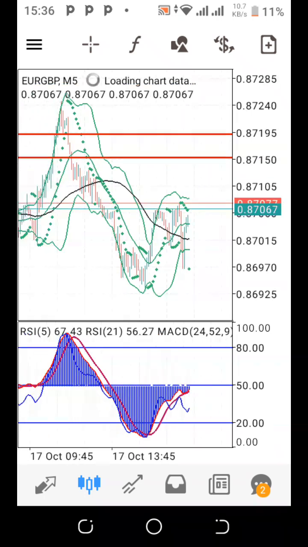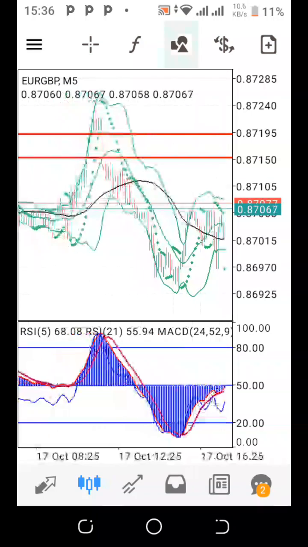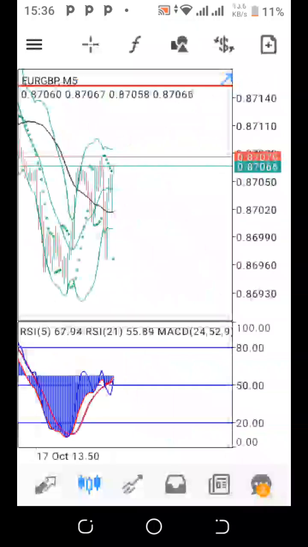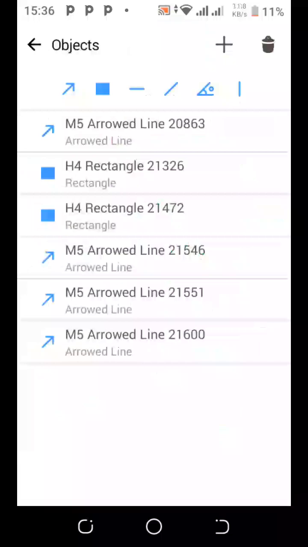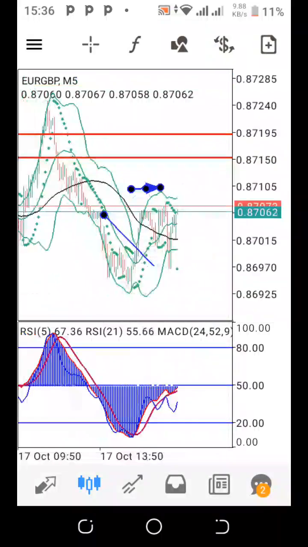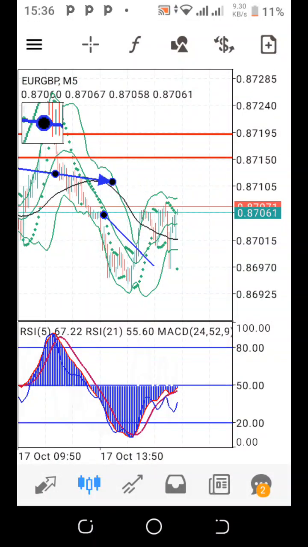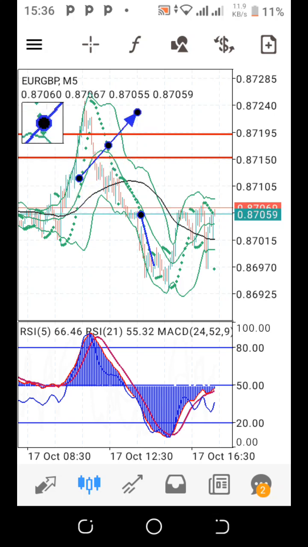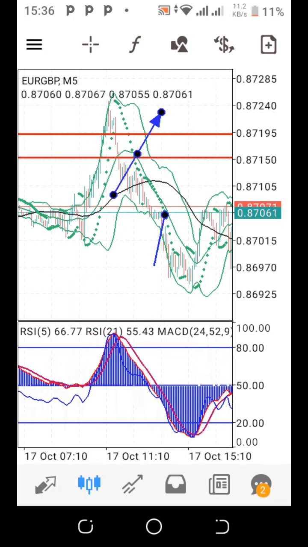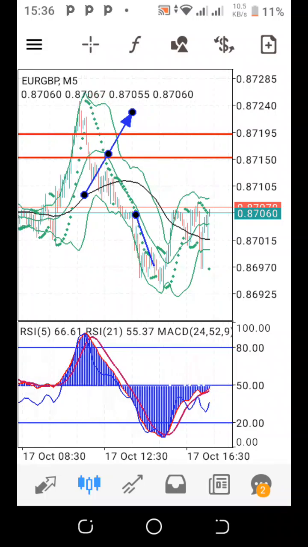Euro and also wait for this one to also cross its own. The last one to cross. Around here. Actually, this one was the first to cross. This one crossed around here. This one was the first to cross. Then before